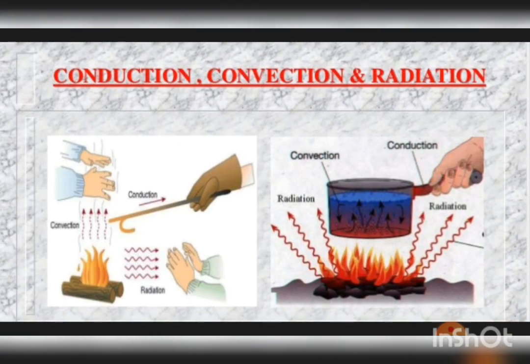Here is the diagrammatic presentation of conduction, convection and radiation. See how conduction takes place in the first diagram. Matter that absorbs the heat transfers it. Then second is convection, that is air is heated and it gets hot. And third one is radiation, you directly feel the warmth. In the second diagram, see conduction, the handle that gets heated is due to conduction. Convection, the water gets heated, that is an example of convection. And radiation, direct heat from the fire. These are the three main ways of transfer of heat.